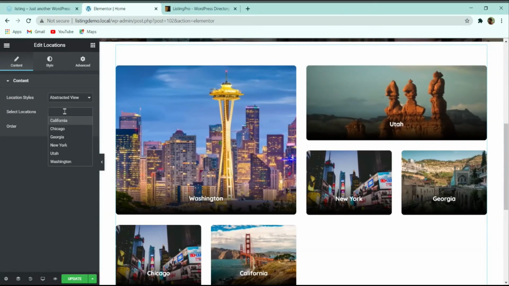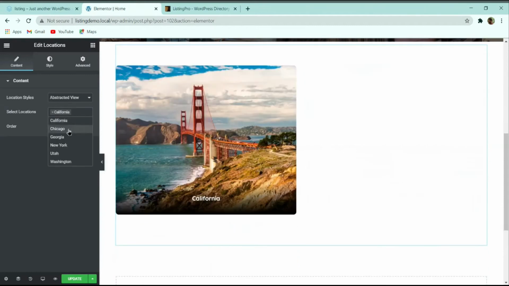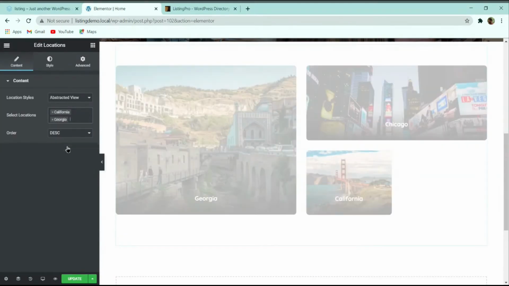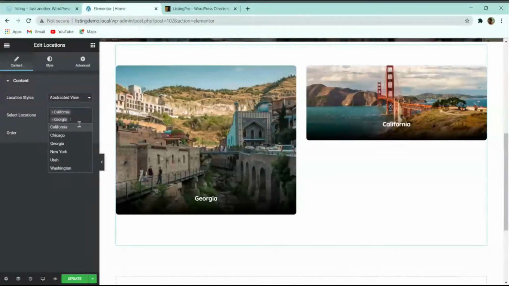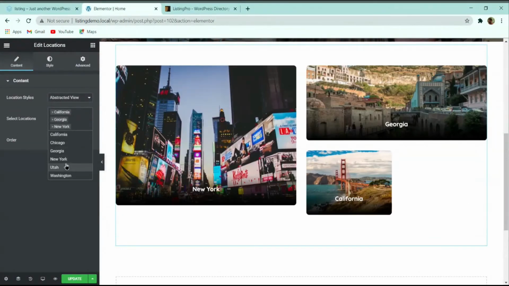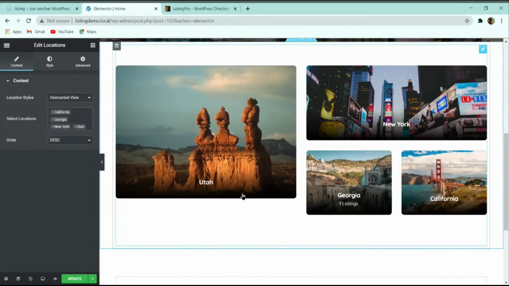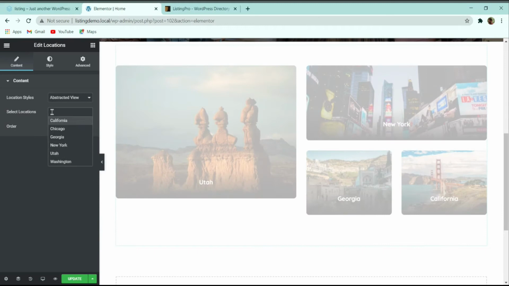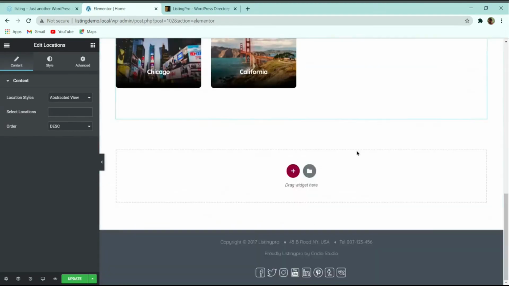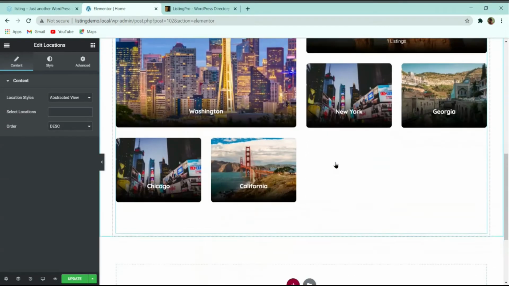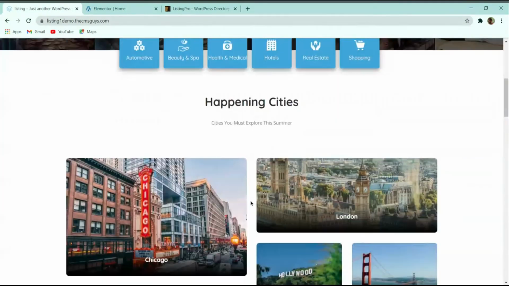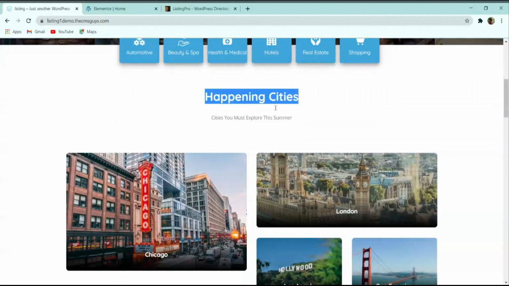And then suppose if you want to add only some of these, suppose here you can see that I have added 3, or let me add one more. Sorry, I think I have made a mistake. So here you can see that I have selected only 4 options, that's why it is appearing 4. So suppose if you want to make all visible, here you can see that all the locations are visible.